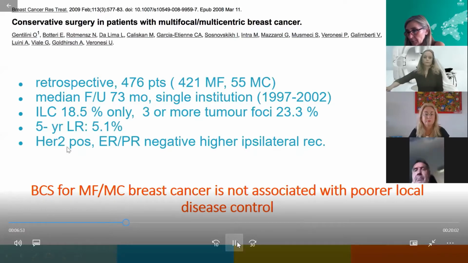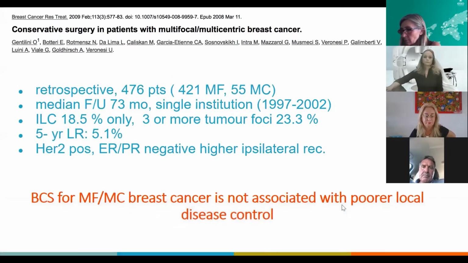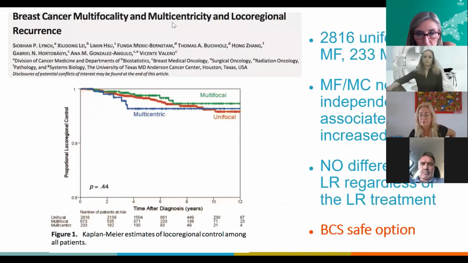Therefore, their conclusion based on this limited study is that multifocal multicentric breast cancer is not associated with poorer local disease control if breast conservation is performed. In another study,